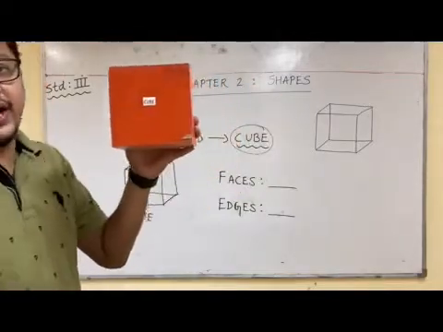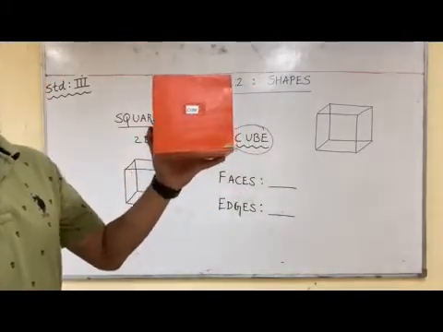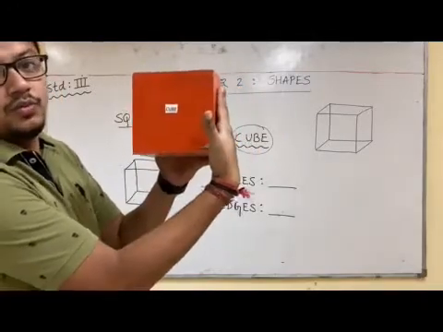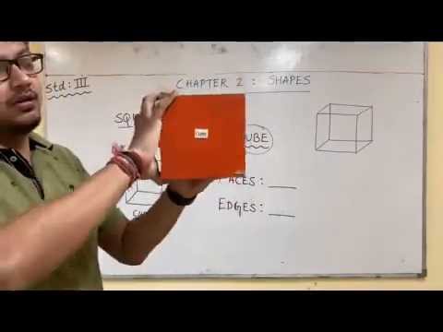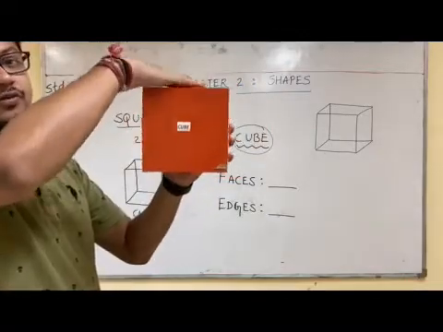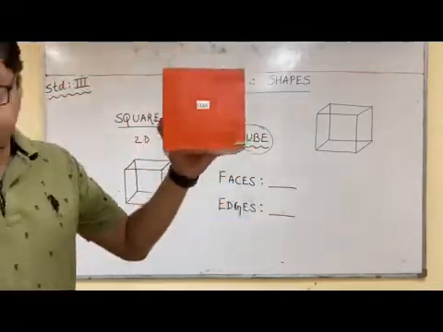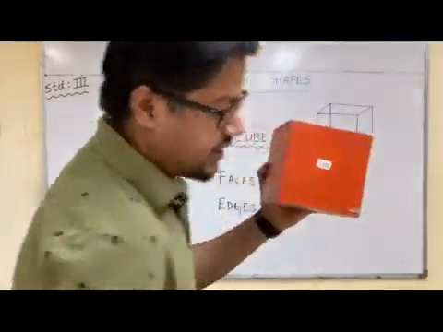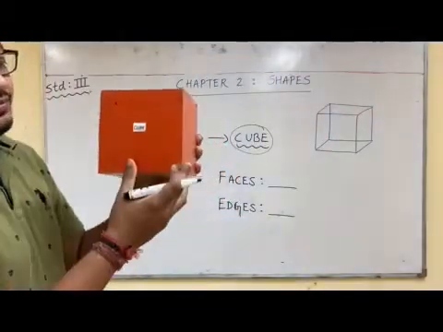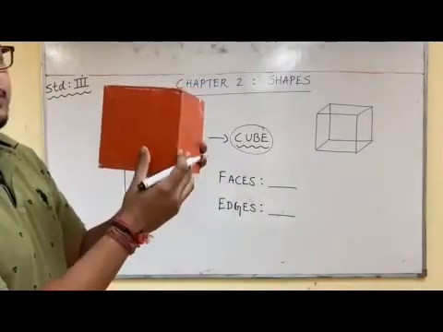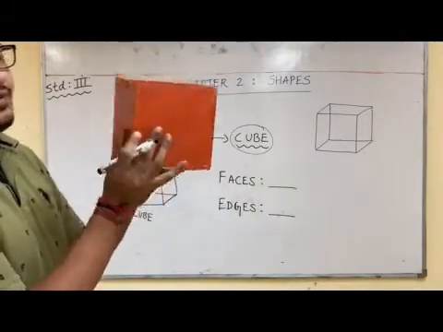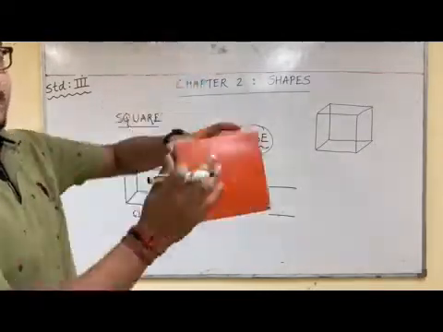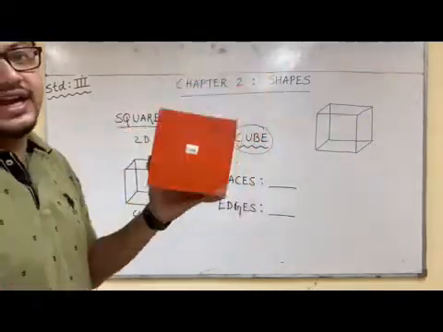Now let us calculate how many faces does a cube have. See, 1, 2, 3, back side 4, 5, 6. Sir is repeating once more. Let me mark something so that you can understand how many faces. 1, 2, 3, 4. Again mark has come. So this side is over. Up side 5, bottom side 6.